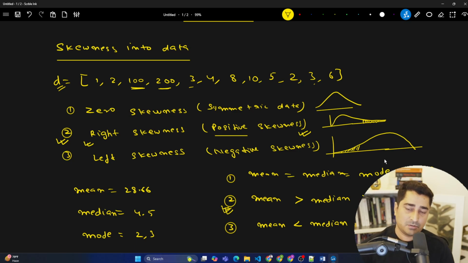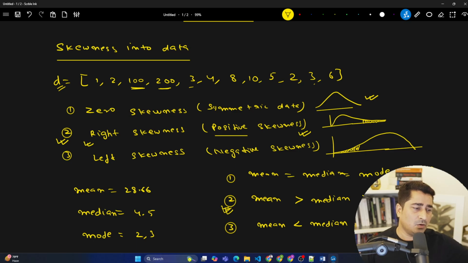So graph wise, if you are going to plot the data x versus y, you will be able to find out a very small amount of data on your left hand side or on a negative side. So this is something called negative skewness. And if the data set is perfectly fine, in that case, you will be able to see a bell kind of a curve. This is something called a bell curve, right? Or a normal distribution curve, you will be able to find out in this particular space.